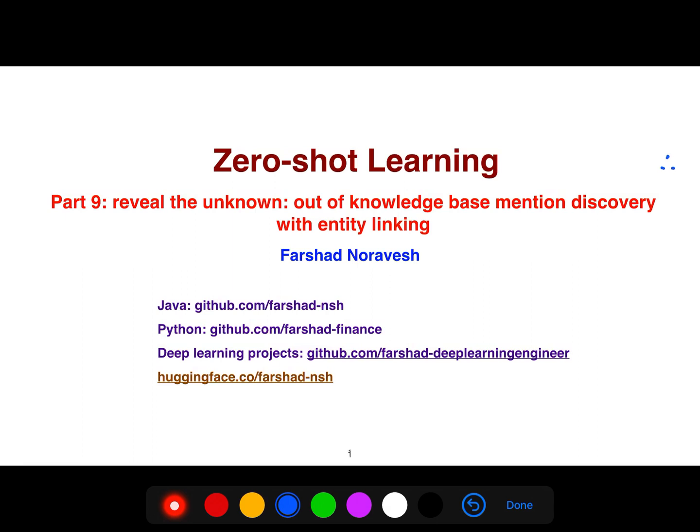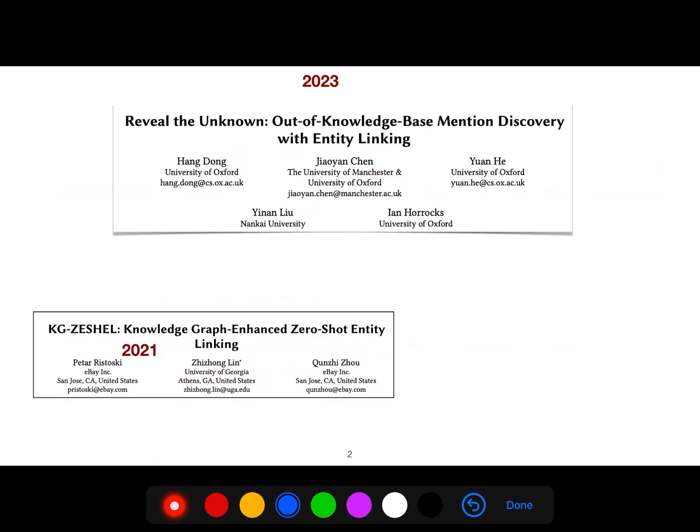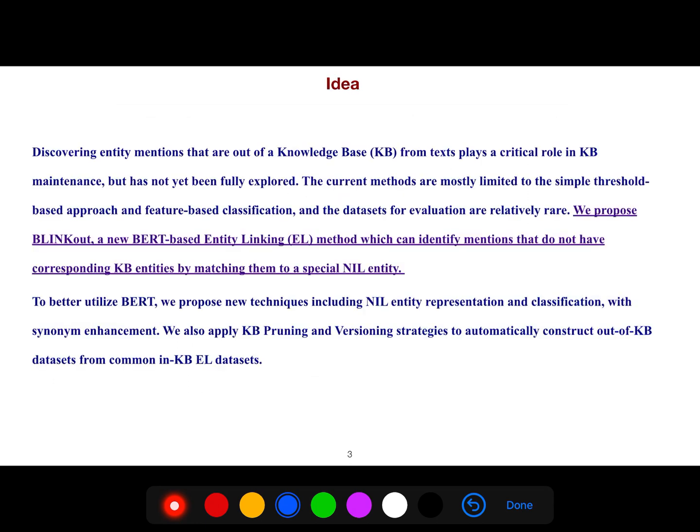I just want to explain an important article from 2023, called Reveal the Unknown: Out-of-Knowledge-Base Mention Discovery with Entity Linking. The idea is that discovering entity mentions that are out of the knowledge base from text plays a critical role in knowledge base maintenance, but has not yet been fully explored. The current methods are mostly limited to the simple threshold-based approach and feature-based classification, and the datasets for evaluation are